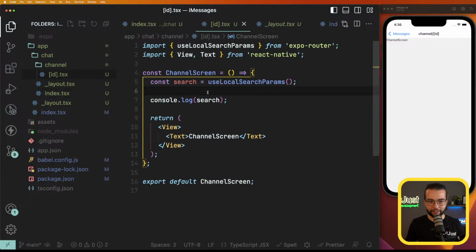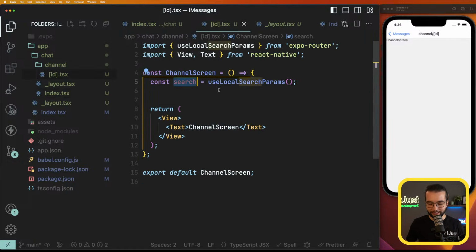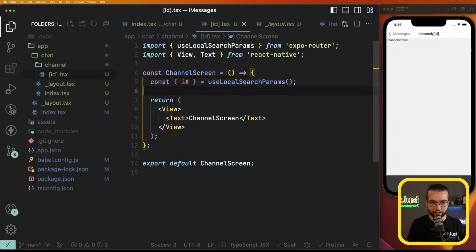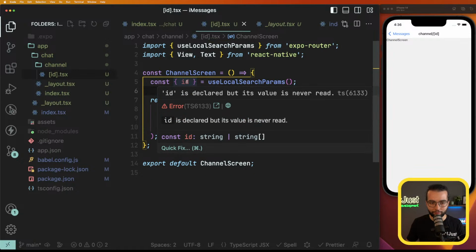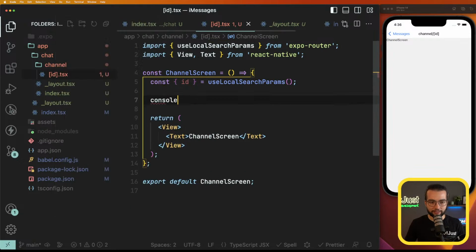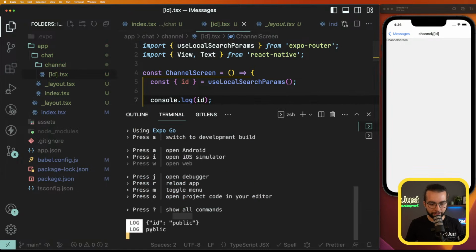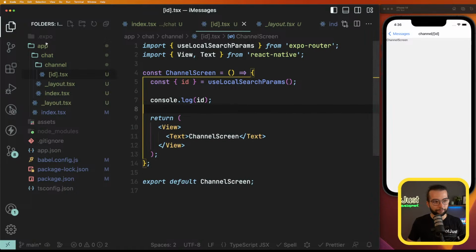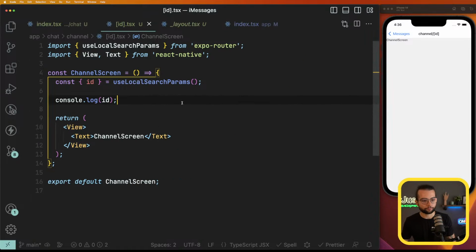And what we can do with that ID, I'm actually right away going to destructure it here, ID. And yes, this is our console log ID, public. Okay. So knowing the ID, we can go ahead and query the channel with this ID. And here,